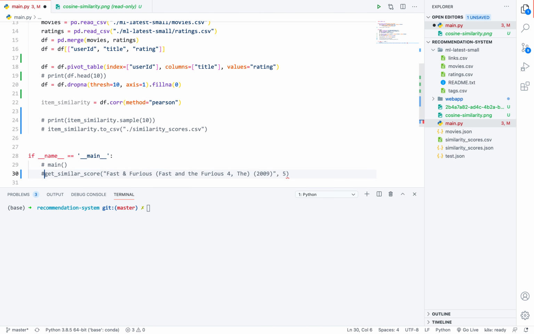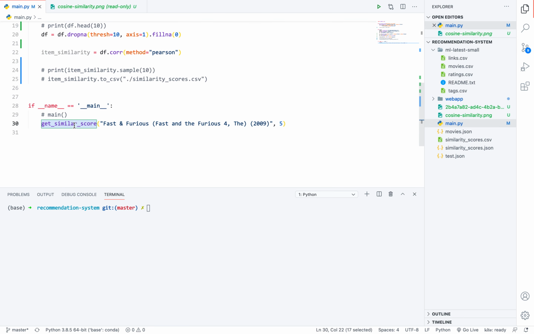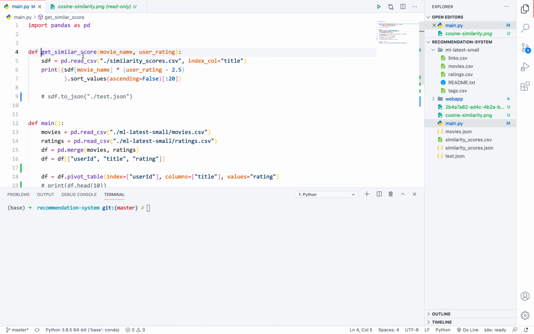Now if I want to test this code, I'm just passing to the method get similar score the movie name, basically the Fast and Furious 4, 2009 movie, and I really like this movie, therefore I'm passing a rating 5. And in this function I'm just reading the similarity score.csv.